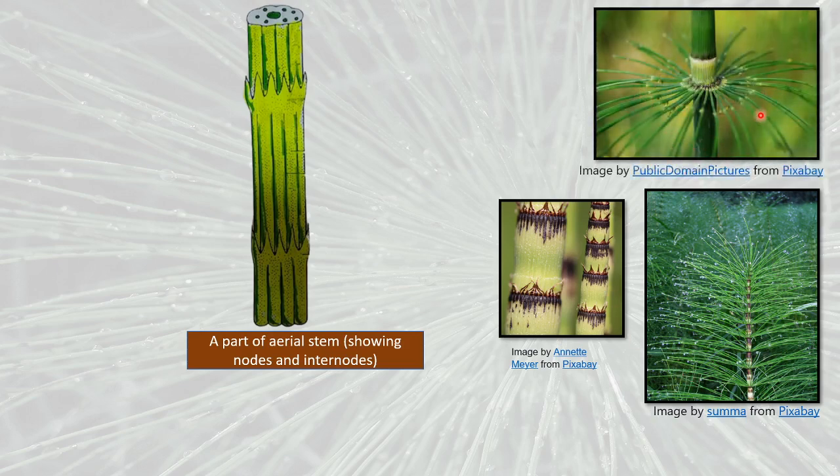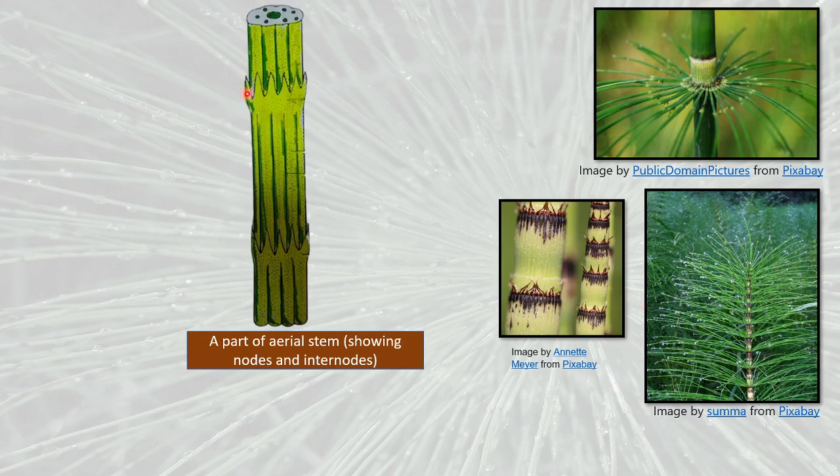This is also a lateral branch. As I told, this is a more magnified view. From the node we can see that lateral branches come out in whorls, right? So this is the internode and this is the node. As you can see here also, the center portion is the internode and this is the node from where the lateral branches arise, and at the node itself the leaves are present. So now you can relate this figure with the following illustrations.